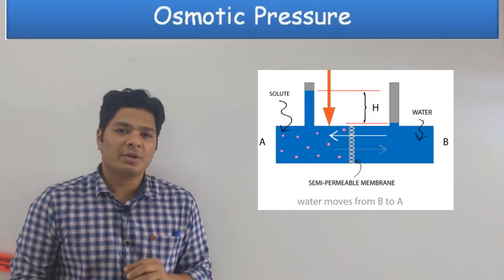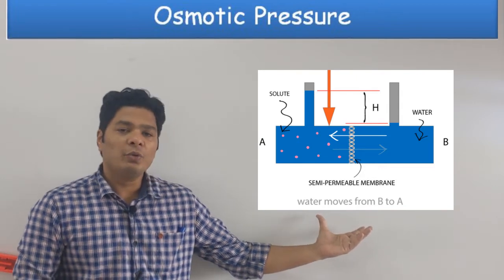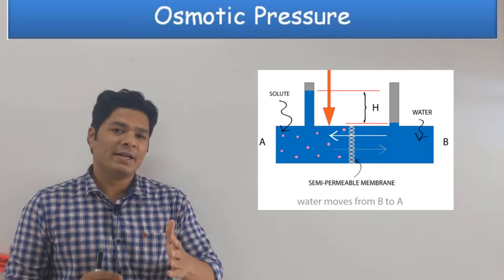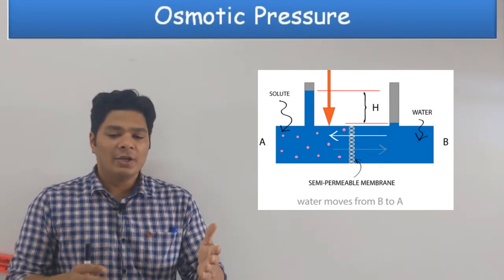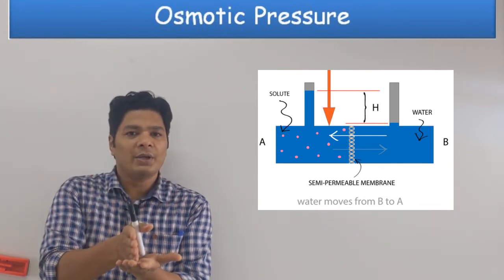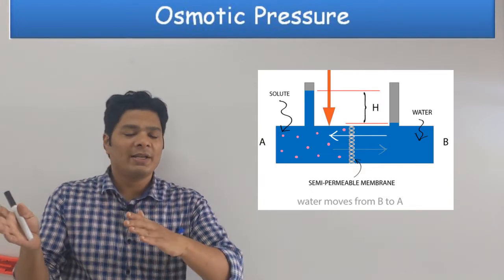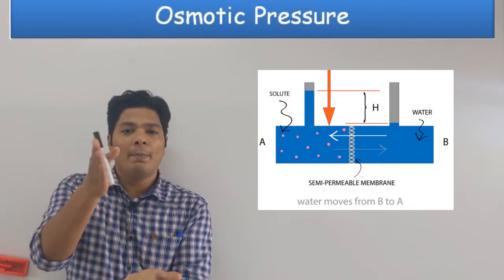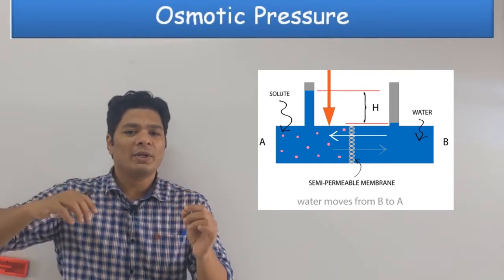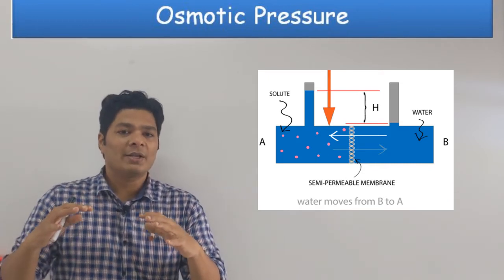What is osmotic pressure? If you see this diagram right here, you see a system where you have two different solutions separated by a semi-permeable membrane. The system on one side is higher in concentration than the other side. Now, if the membrane in the middle is not semi-permeable, it's like a wall, meaning this solution is completely different than this solution, nothing is going to happen. But if it is a semi-permeable membrane, there is a contact between the two. They can feel the pressure because one side has higher solute, so there is a pressure. This pressure that is built up is called osmotic pressure.